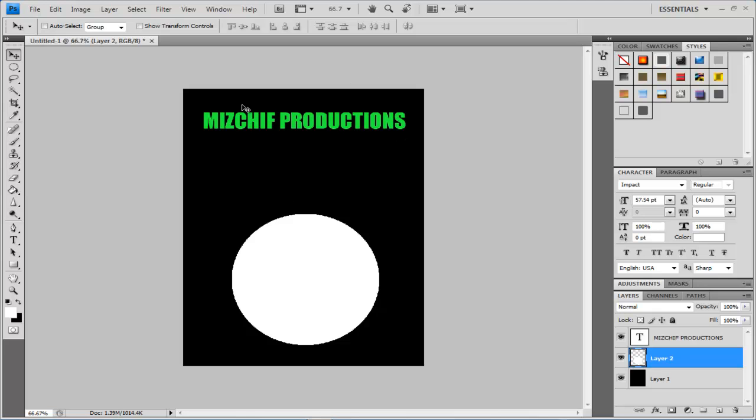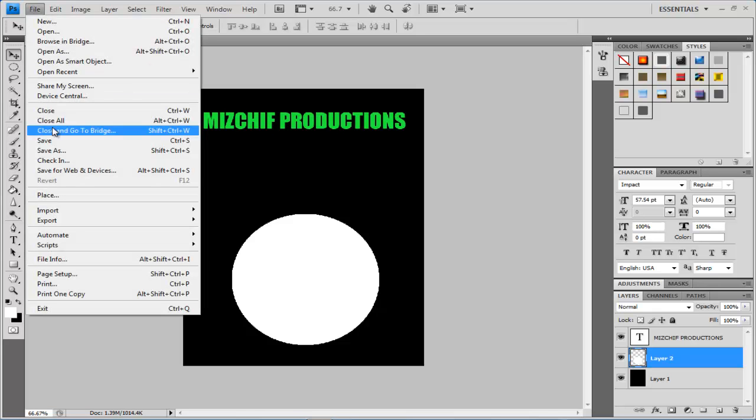So right now this is kind of what we came up with in the last tutorial. I've made a couple of changes and we've already talked about these layers, and now it's time to save. And so like you do in a normal Word document, you can go to File and you have a few options. You have Save, you have Save As, Save for Web and Devices. Now depending on what you want to save this as,